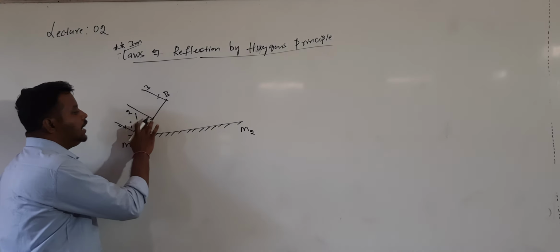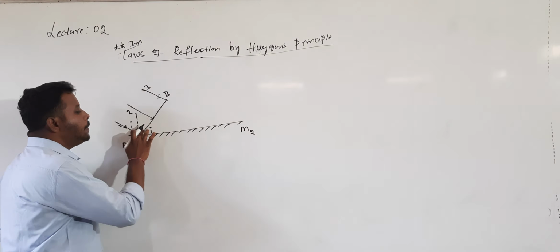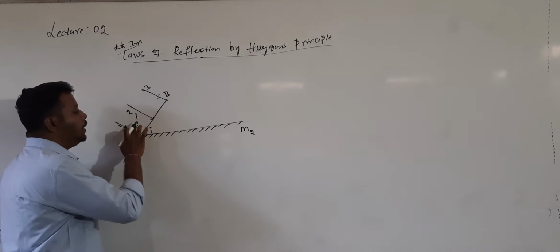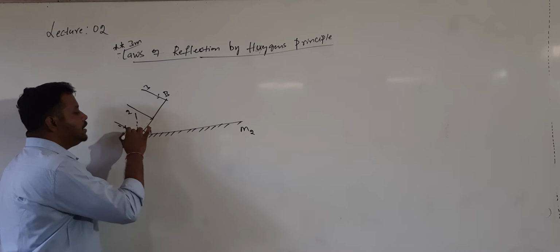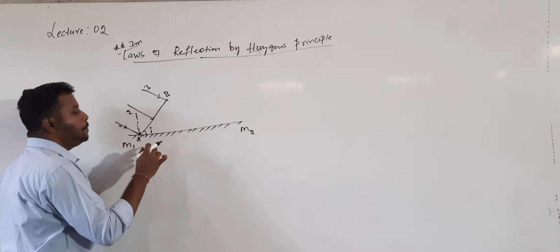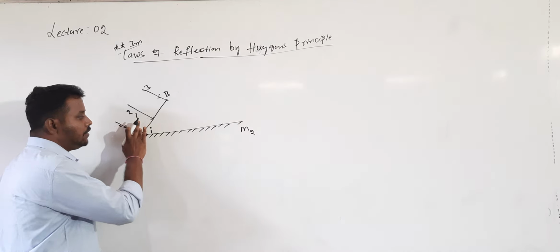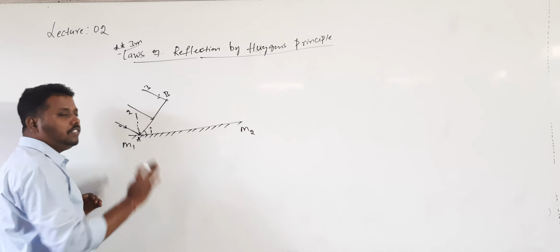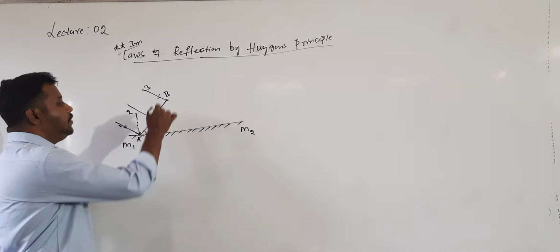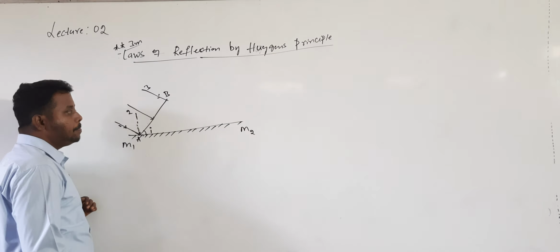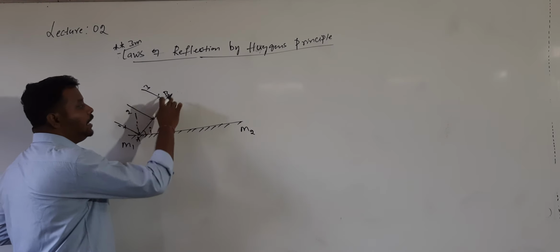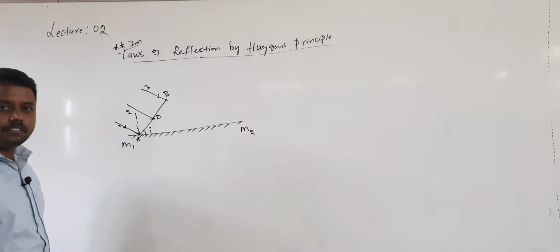So till now, the angle of incidence is the angle made by the incident ray with the normal. But in the case of the wavefront, the angle made by the incident wavefront with the reflecting surface is called the angle of incidence. At what angle is the plane wavefront incident? I. Now I consider 3 points on this wavefront: one is A, another is D, and another is B.